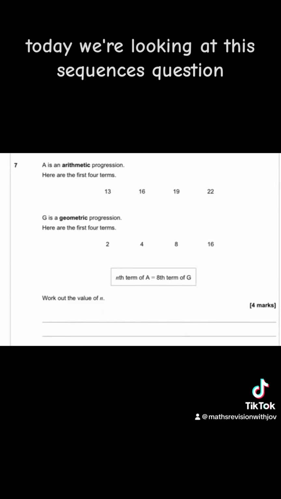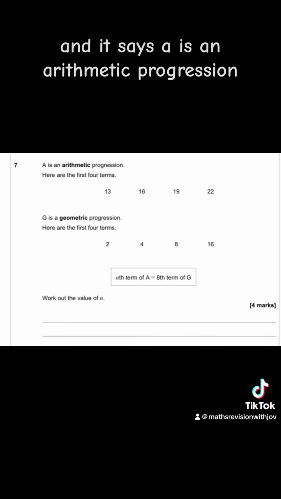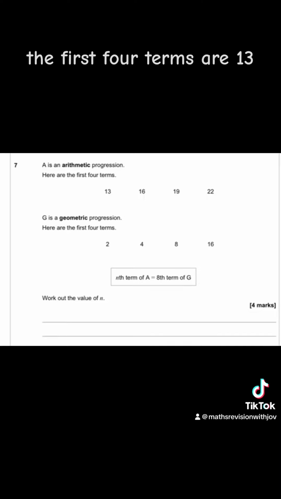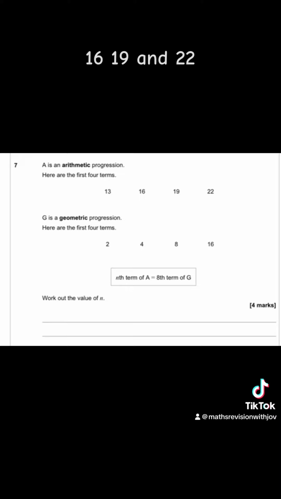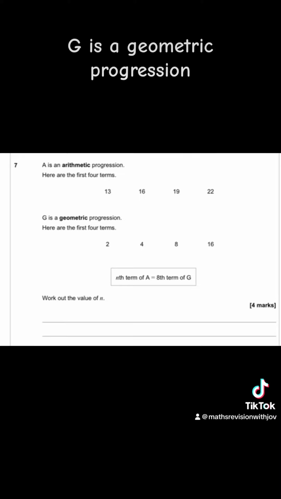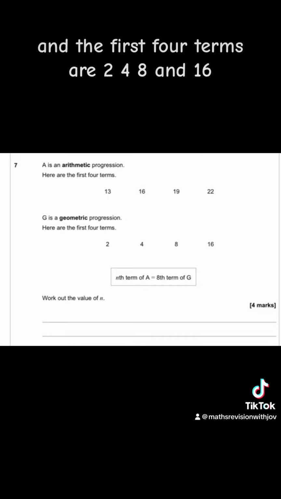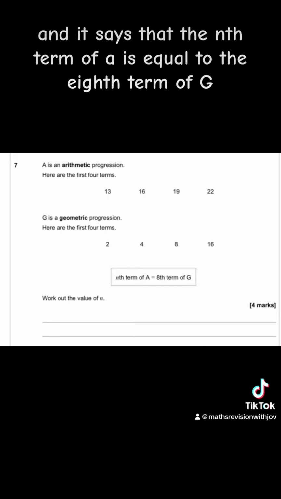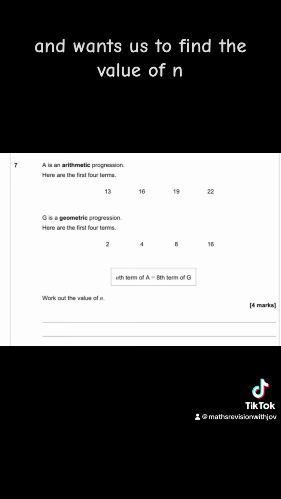Today we're looking at this sequences question and it says A is an arithmetic progression. The first four terms are 13, 16, 19 and 22. G is a geometric progression and the first four terms are 2, 4, 8 and 16, and it says that the nth term of A is equal to the 8th term of G and wants us to find the value